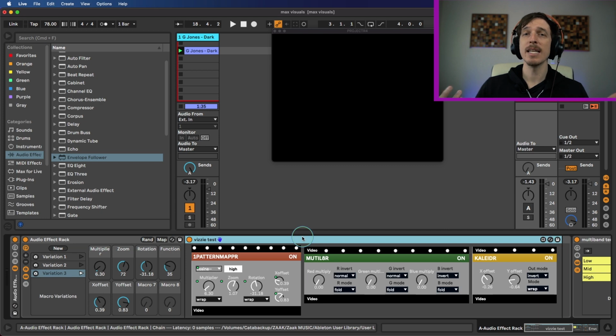If this is the kind of thing that is interesting for you, I would highly recommend checking out the Vizzie objects inside of Max. There's a lot of stuff you can do with it, and you don't really need to know any programming to make it work and make it look cool. You just need to be a little bit creative and have a little bit of trial and error